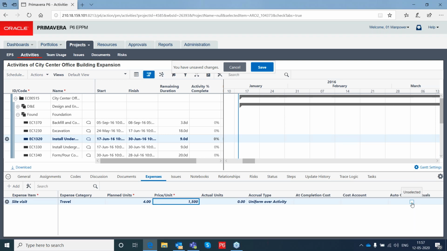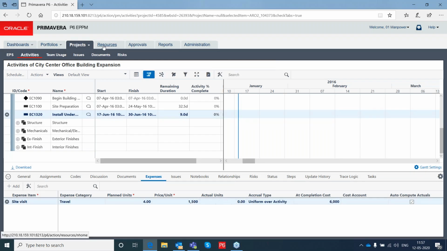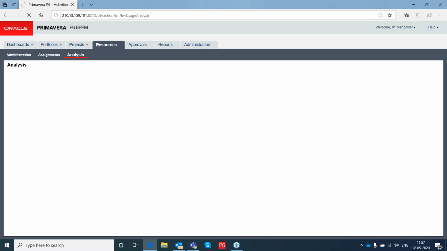And if I mark this auto compute actuals, what happens is, as and when I update the progress for this activity, the expense item will also be calculated based on that. Okay. And the auto compute actuals at the resource level, while defining itself in the settings, you have that.